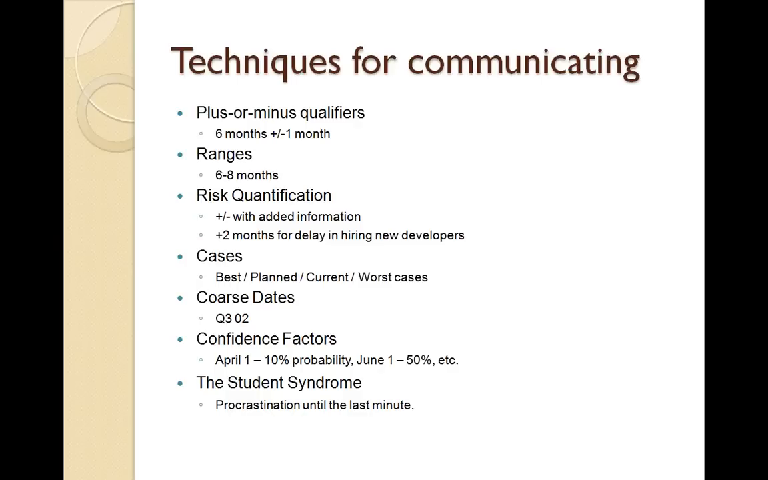You can have coarse dates where you will say, okay, this particular product will be delivered somewhere in Q3 2012. You can have confidence factors included, which is again practically used in many scenarios, where I'll say that, okay, I'm 10% confident that it will be delivered on 1st of April, but I'm 50% confident that it will be delivered